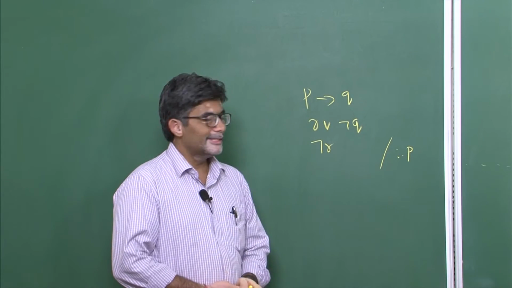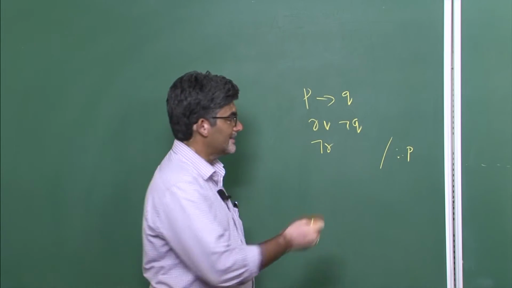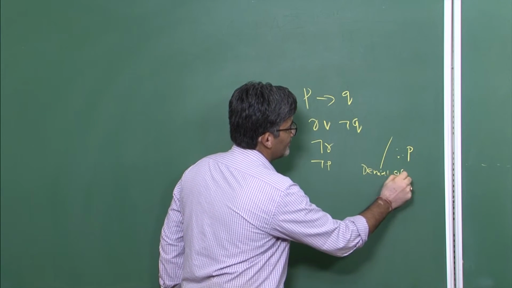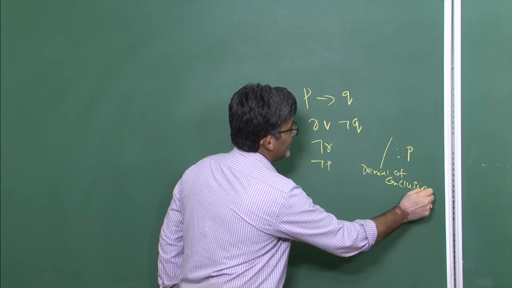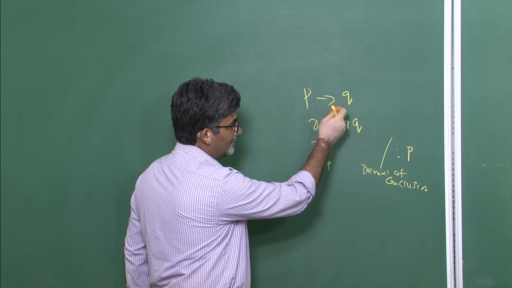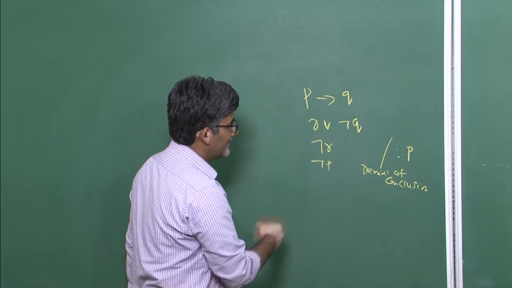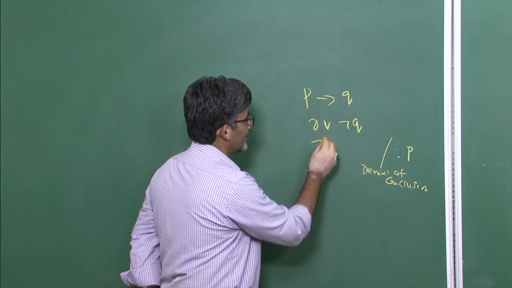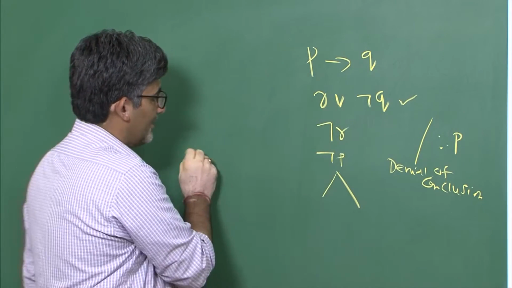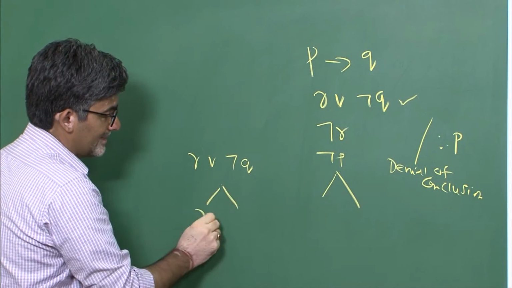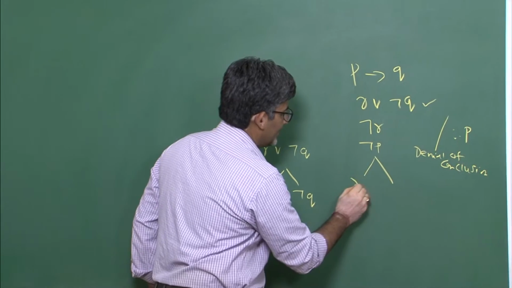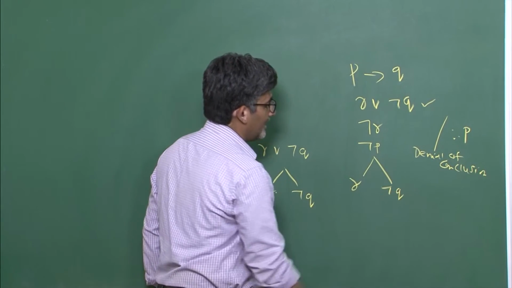So in the semantic tableaux method, the first initial step is that you deny the conclusion. So this is the denial of the conclusion. That means you are trying to construct a counter example here. Now you simplify these formulas with the help of semantic tree rules that we have. If you apply it on this one, the tree diagram for R or not Q appears like this. It is a branch, so that is why it looks like this. Now you write the same bit of information here, R, not Q.